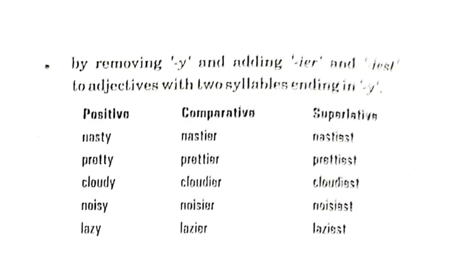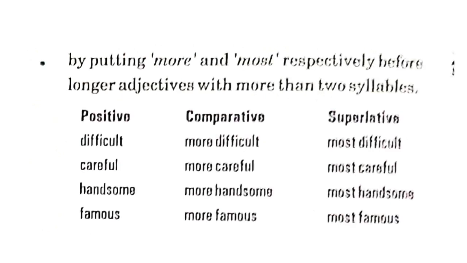For the adjectives which end with Y, we will add IER and IEST respectively. Nasty, nastier, nastiest. Pretty, prettier, prettiest. Cloudy, cloudier, cloudiest. Noisy, noisier, noisiest. Lazy, lazier, laziest. The adjectives which have 2 syllables or more than 2 syllables, in these we normally put more